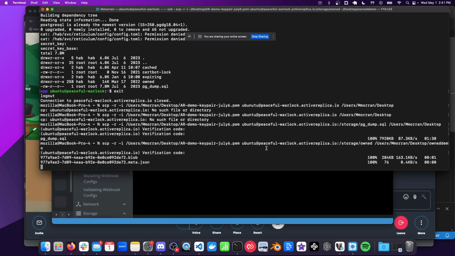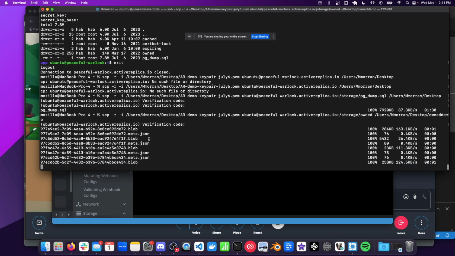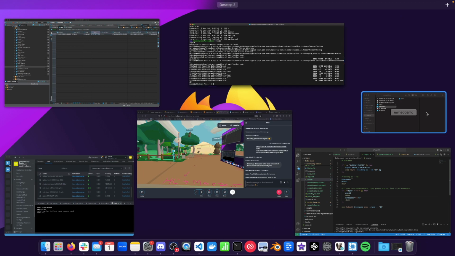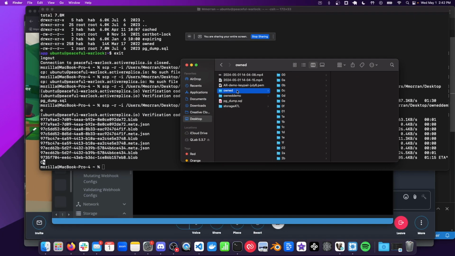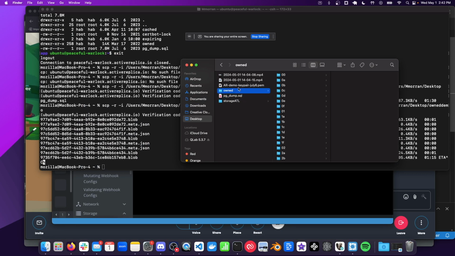Great. It's going to go very slow, but basically you'll just see blobs and JSONs coming through. I just exited the command, but you will have to wait for it to finish. It can take several hours depending on how much data you have there. Let's get rid of this one that I just demoed, and look at the one that I downloaded